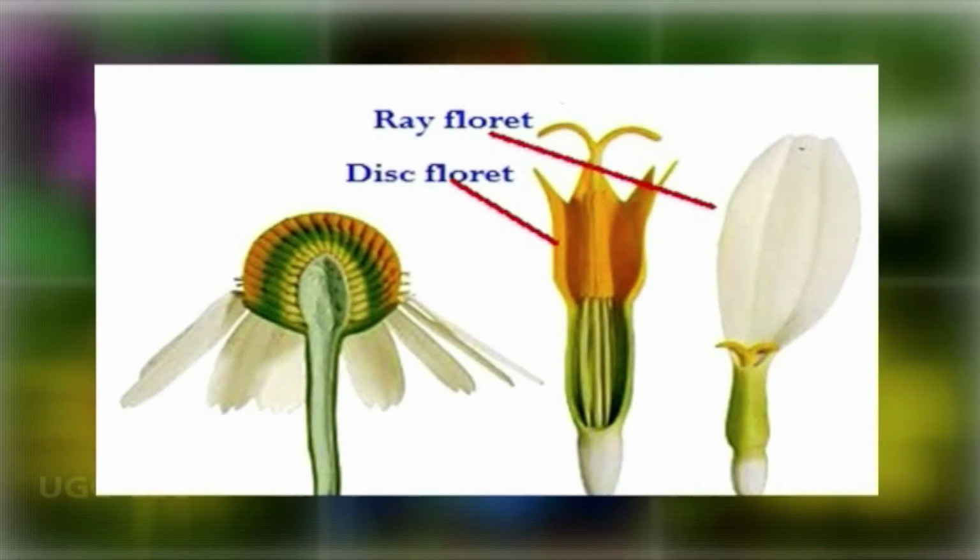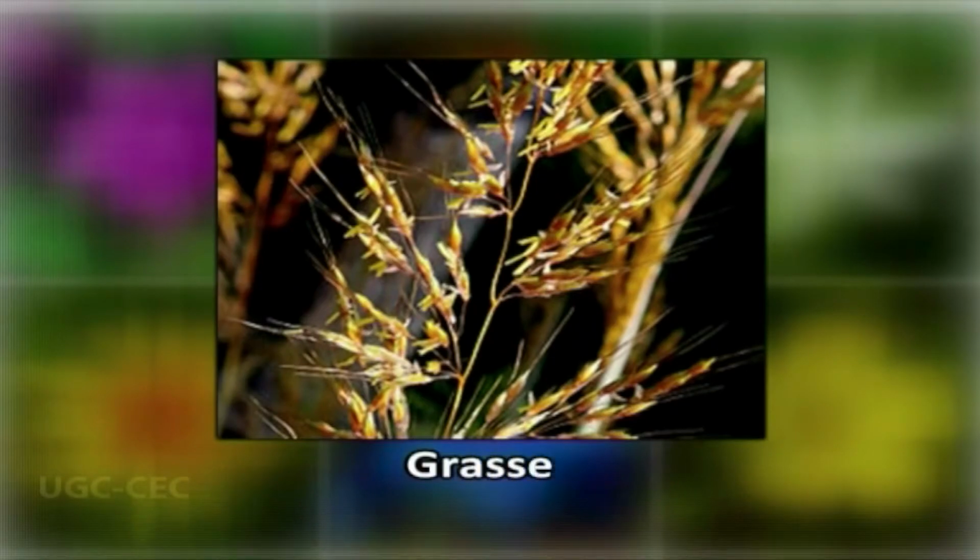In many plants of the aster family such as sunflower, the circumference of the flower head is composed of ray florets. Each ray floret is anatomically an individual flower with a gamopetalous corolla looking like a single large petal. Although petals are usually the most conspicuous part of a flower, some species such as grasses have either very small petals or lack them entirely.